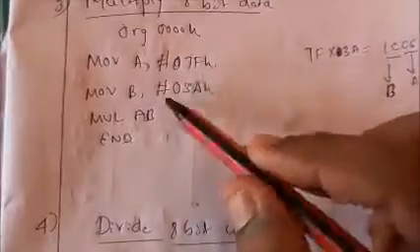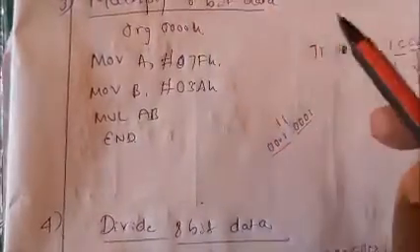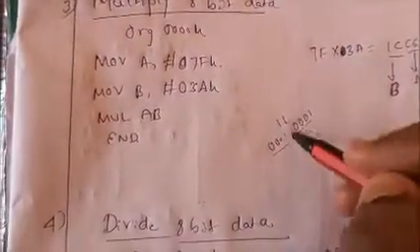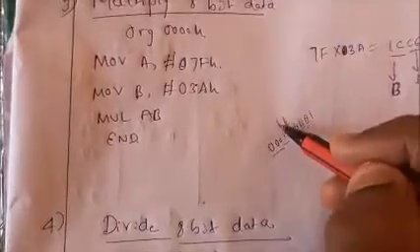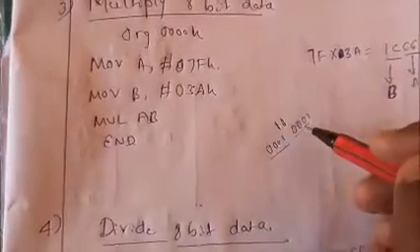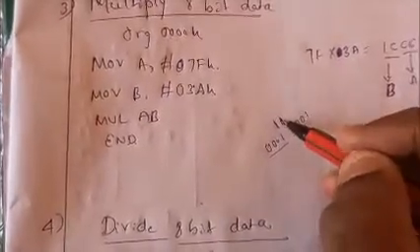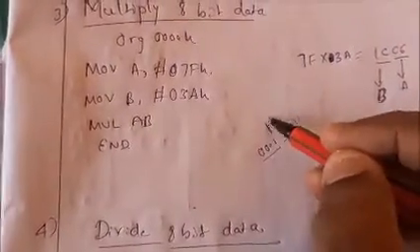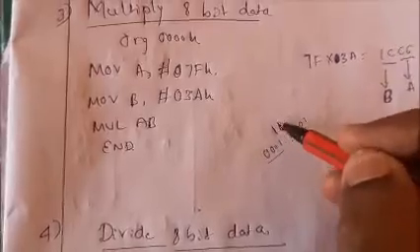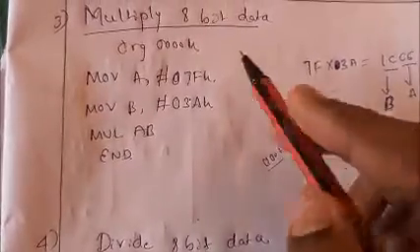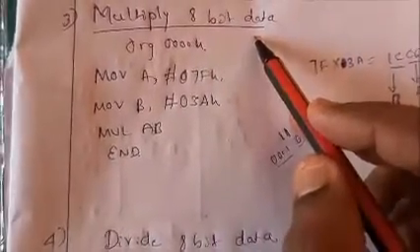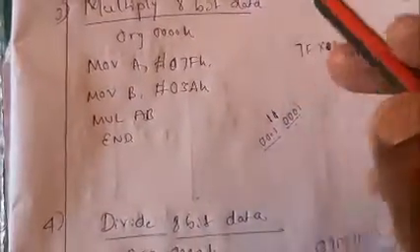So that means this program is only for the multiplication of 8-bit data. How to represent it in hexa or decimal? This is the binary representation: this is 1 bit, this is the second bit. That means here it performs only on 2-digit numbers, or we can say only 8-bit data. Is it clear?